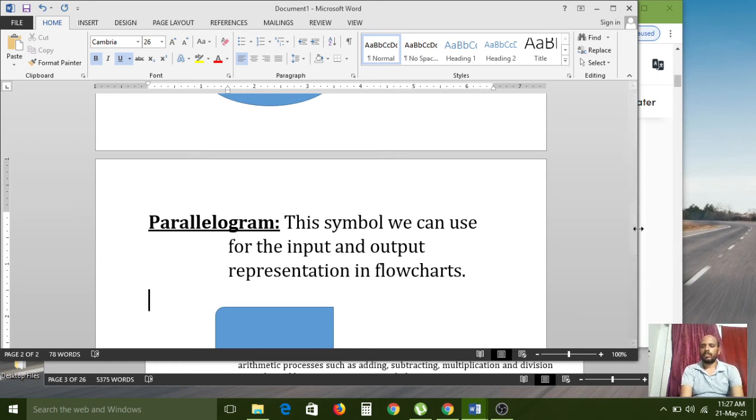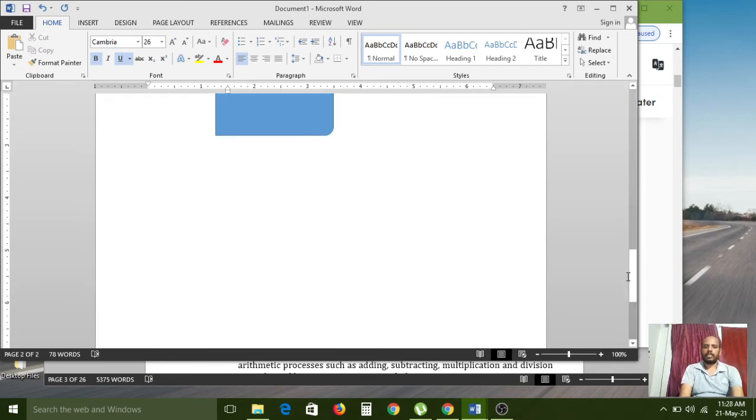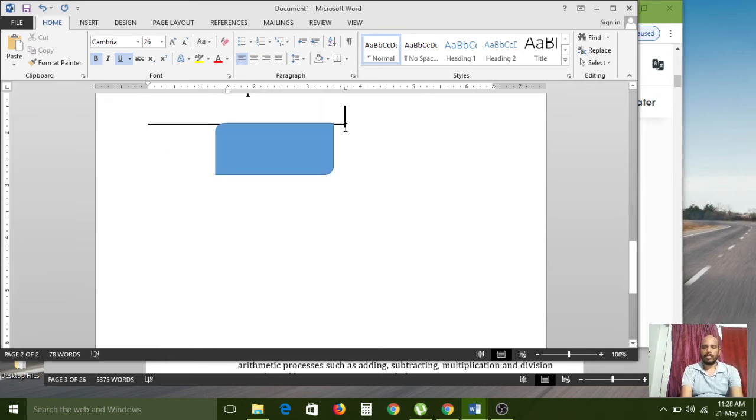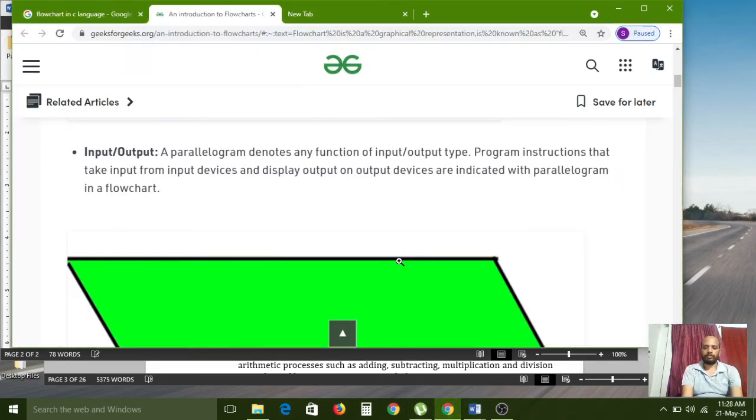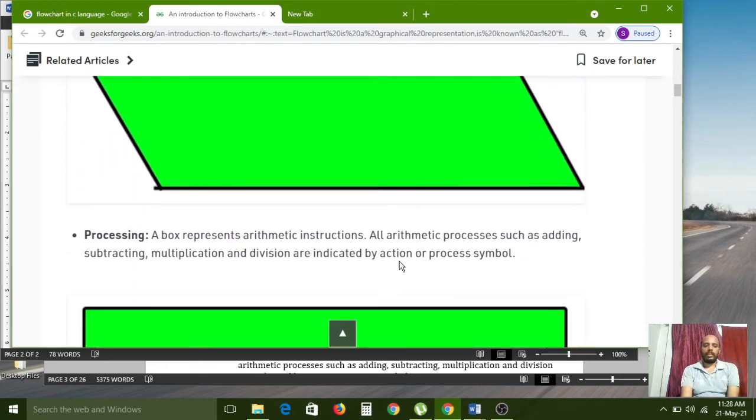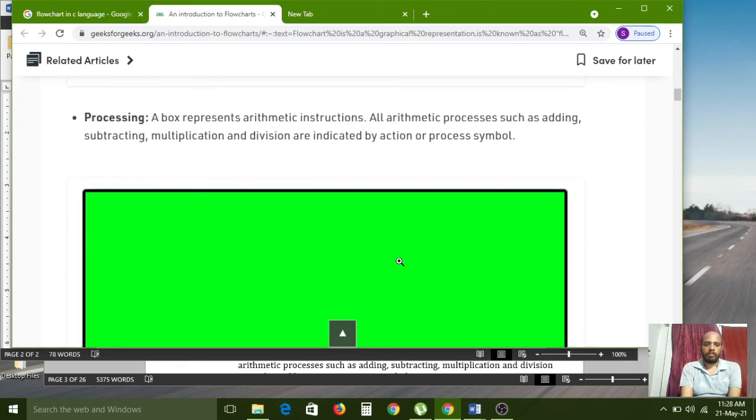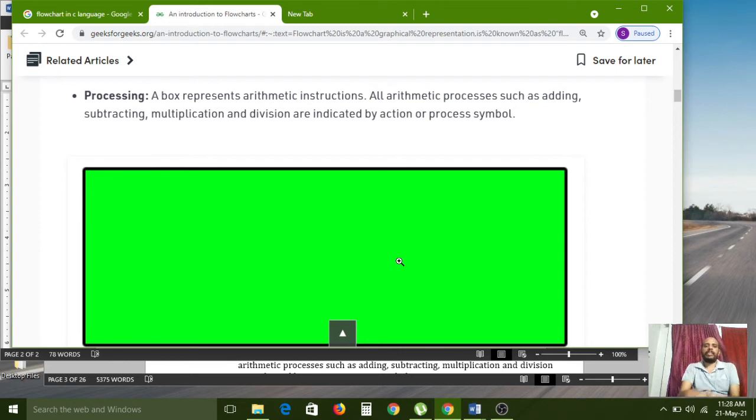Right. Next, what is the symbol we have? Next, the processing symbol. The processing symbol is indicated with the rectangular symbol only. A box represents arithmetic instructions.